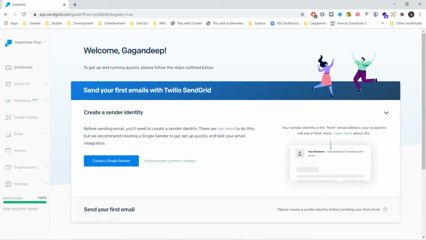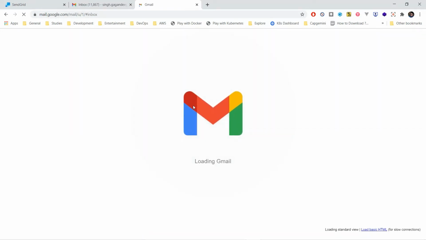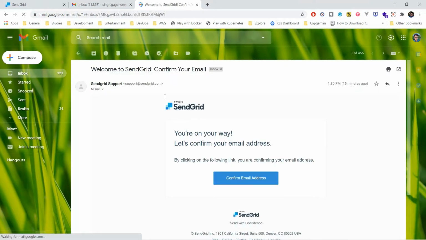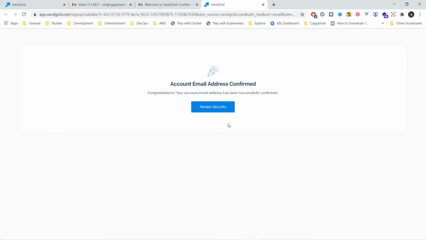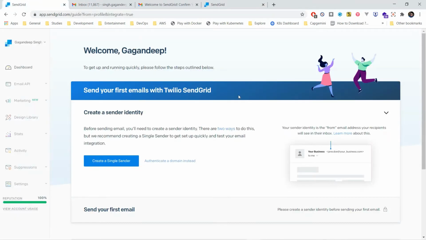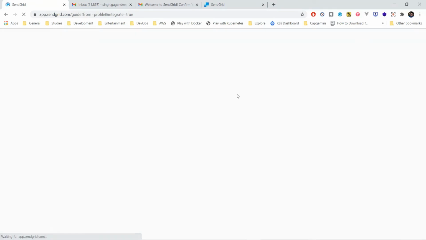After filling all the necessary details, you will be redirected to this screen and you will get a verification email. Click on Confirm Email Address. After this, you must see this message: Congratulations, your account email has been successfully confirmed. Let's go back, refresh.